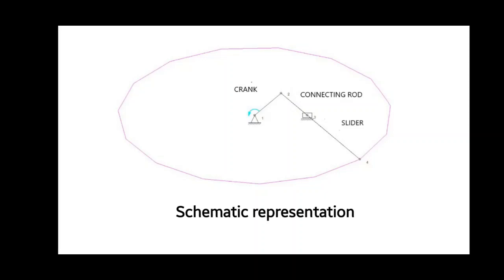By adding a slight modification, it can be used for cutting elliptical shapes of various dimensions in different industries and furniture, by adding an appropriate cutting tool at point 4, which traces the ellipse as the crank completes its revolution. In this project, the aim is to find the lengths of various links so that an ellipse with major axis 24 units and minor axis 12 units is traced.